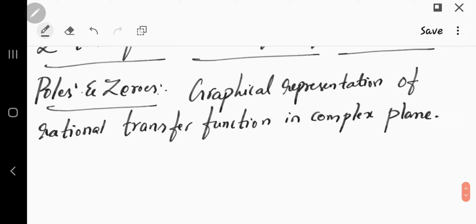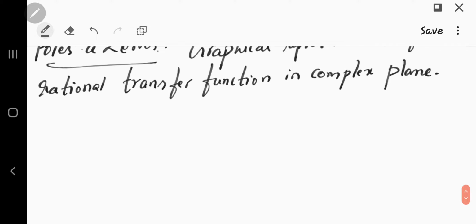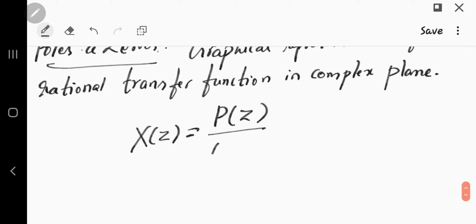Now these poles and zeros are usually present in the infinite duration signals, and as I mentioned, it is the rational transfer function, graphical representation in the complex plane. How? As a rational transfer function, so we represent this x of z in poles and zeros, means p of z divided by q of z. That means the rational form is p by q. So in Z transform, it is p of z by q of z, where the numerator of the expression will give you the location of zeros, and the denominator will give you the location of poles. Okay,